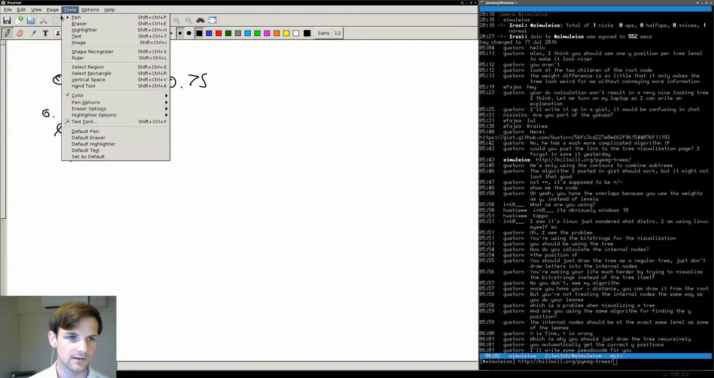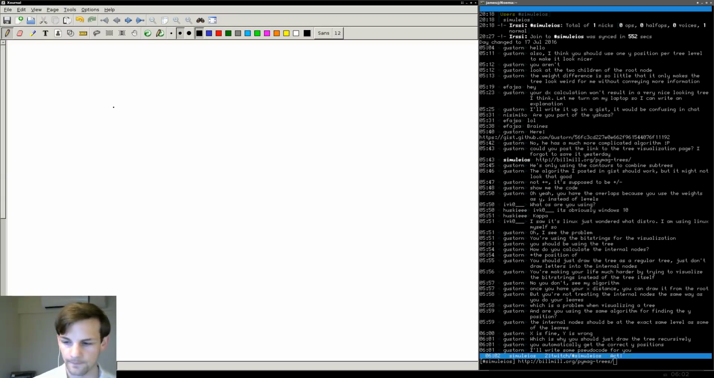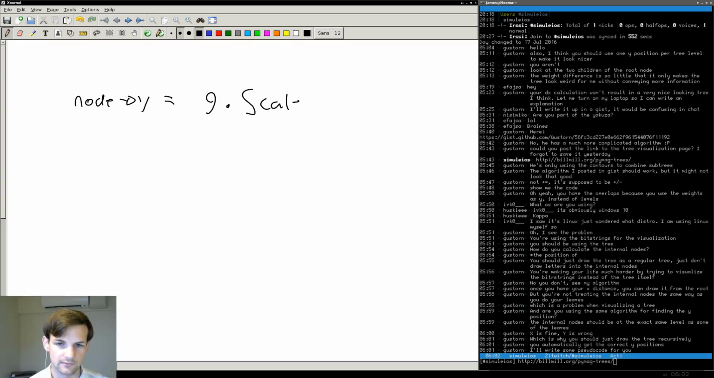Okay, so let's go here, page, new page before. And let's see what we need to do. So we have a situation. Each node Y location is going to be equal to some sort of integer. So we'll say, I don't know, 9 times the scale factor. Okay. So what we need to do is find the new location of the parent node, where the parent node's